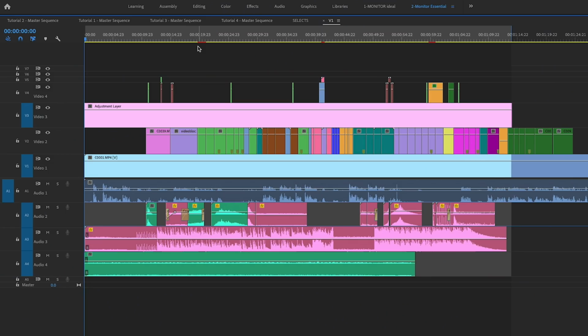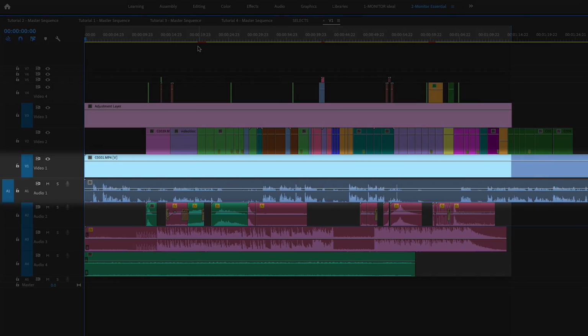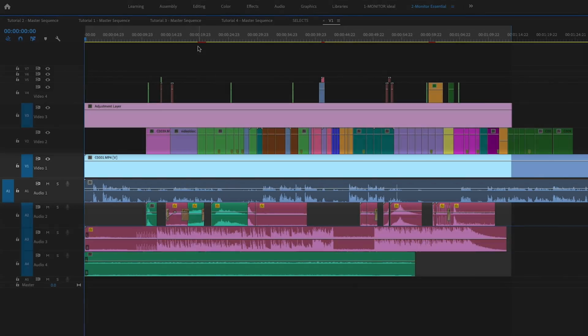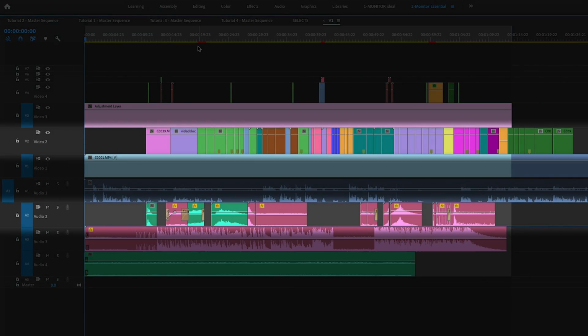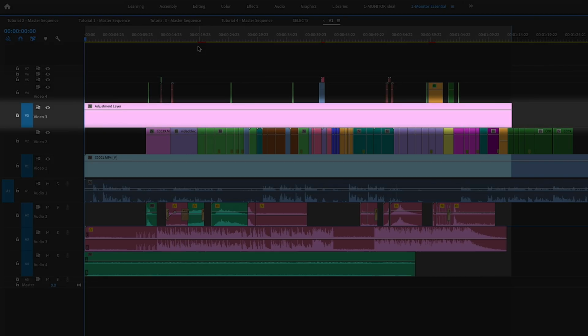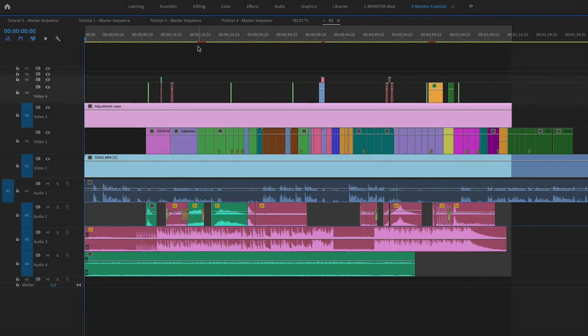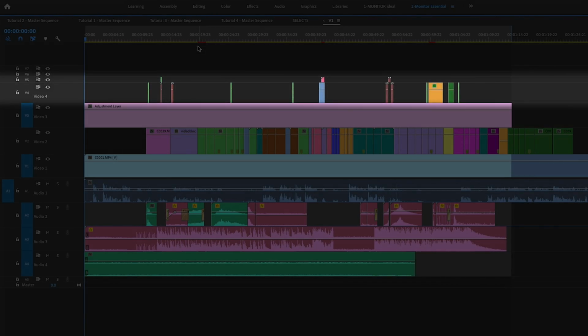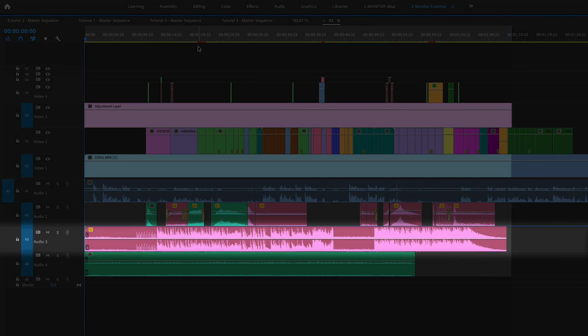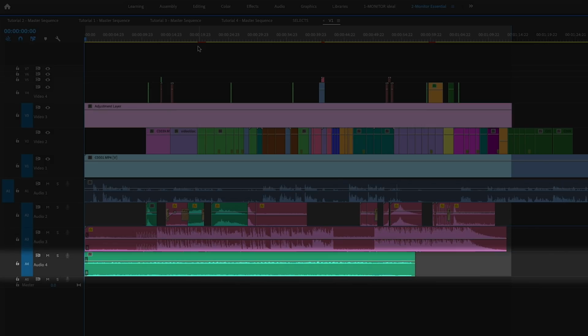Let me tell you how I organize my timeline. So let's take a look at Premiere Pro here. So we have V1 plus A1. This is usually your main talking parts of the video and the audio that's attached to it. Now V2 and A2 equal the supplement, B-roll, and sound effects. V3 will usually be my color grade. V4 will then end up being the graphics and the motion graphics, photos and overlays. A3 is usually the music bed, and A4 is usually room tone, ambient noise and any other supplement audio that you need for your project.